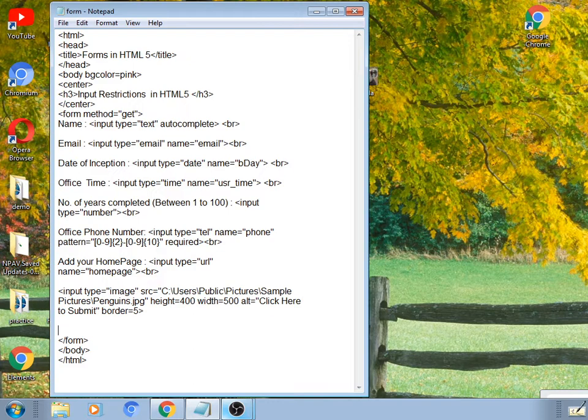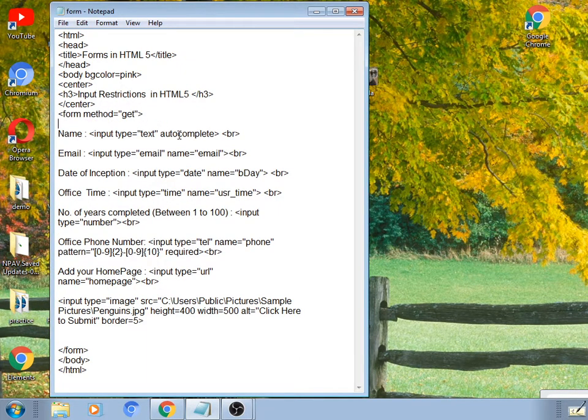As well as we have seen such types of attributes, to be applied as attributes of the input tag, where such elements are created by using a tag called input. So, see here we have written code for getting the design of such elements.